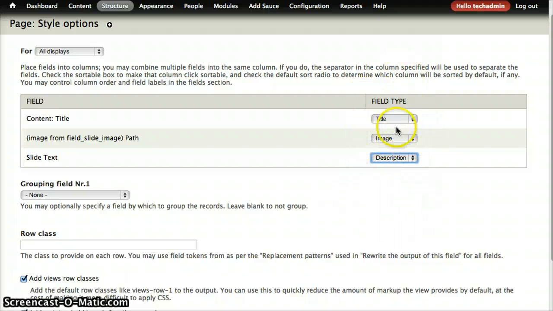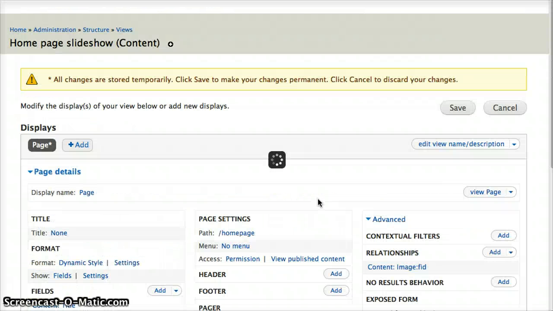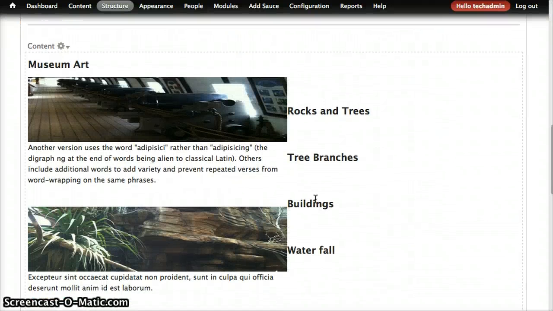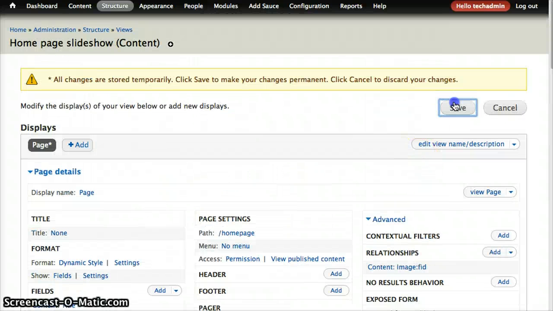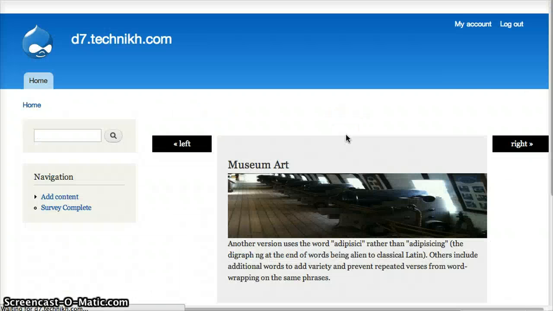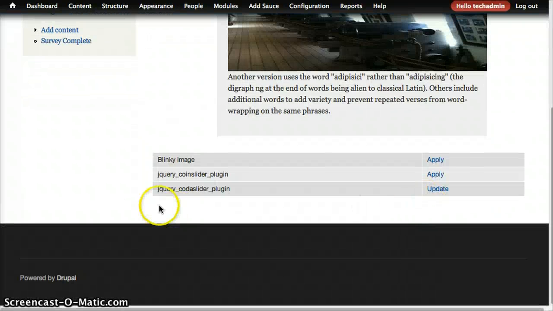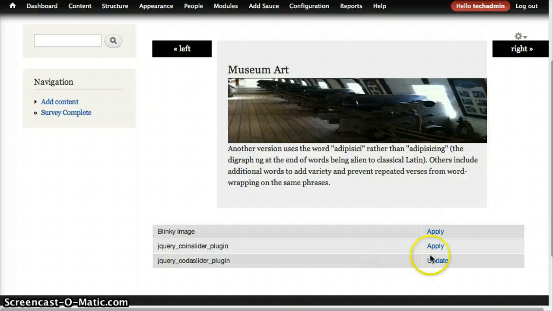So these are the field types that the plugin understands, and we need to map those field types with the fields that we have in the view. So now that we mapped it, let's save it. And so now we got the title, image, and the description, the slide text. So let me save it, and let's visit the page. So now you see the title, image, and the slide text in the Coda Slider plugin,